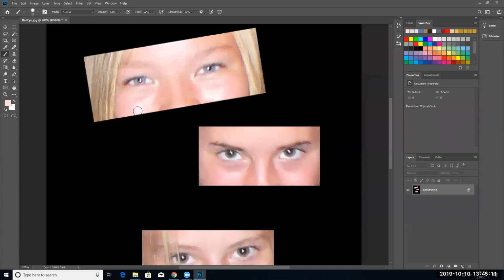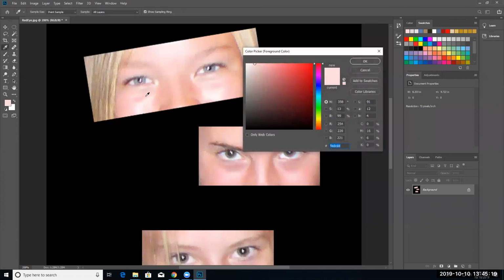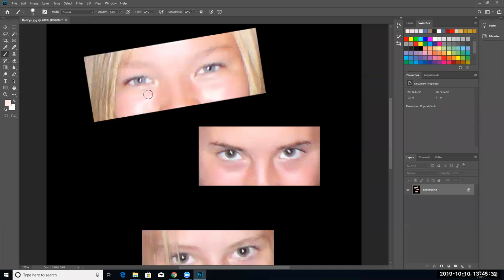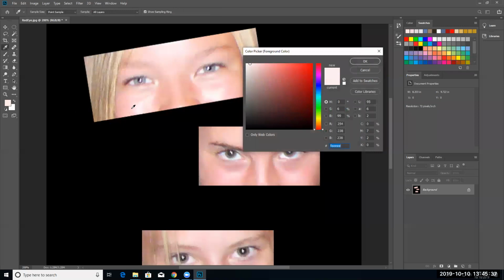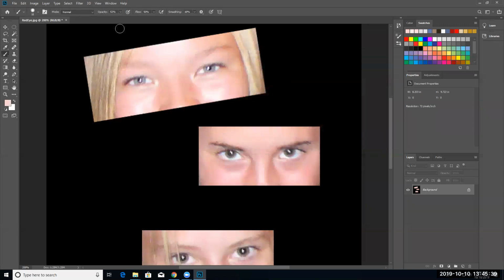I don't know if that will work. We could try it a little bit with the color in the cheeks. This is a little bit more difficult because if I paint over where it's dark, it'll become darker. So I can try lightening it, then maybe I can try some more pinks, and then maybe even drop that way back. Again, sometimes you have to drop things way back to keep your